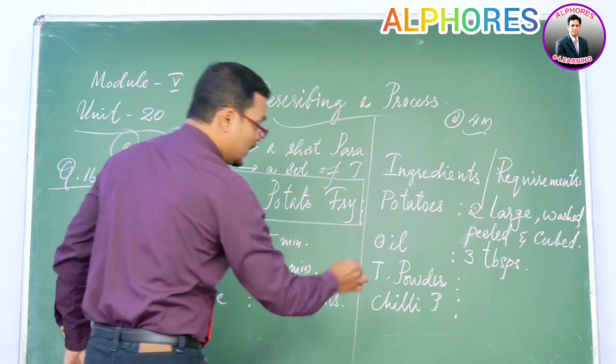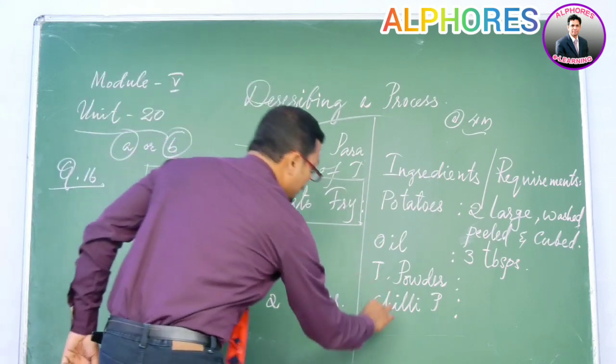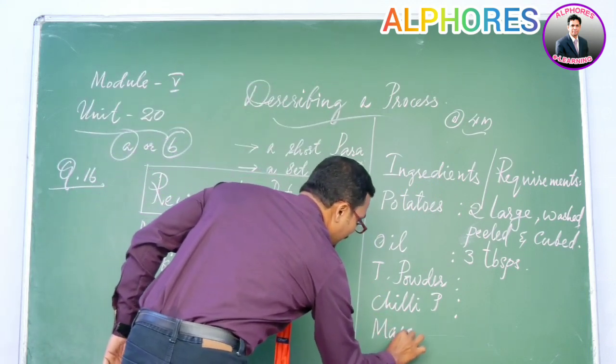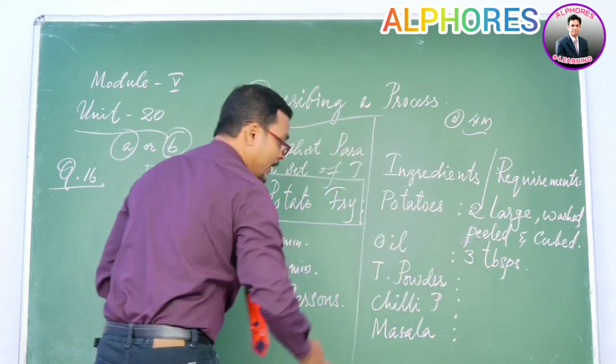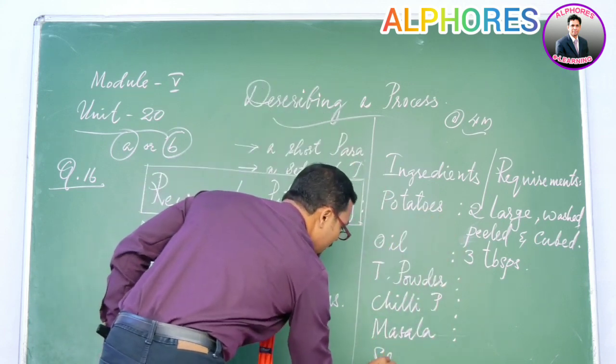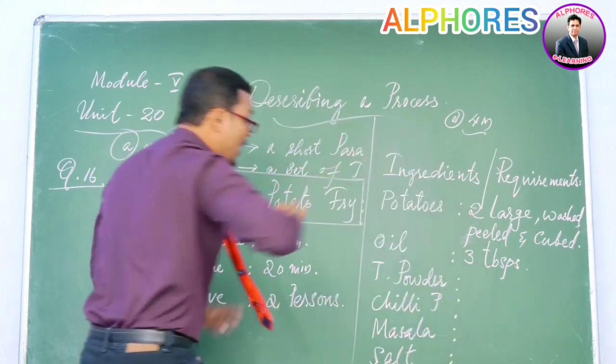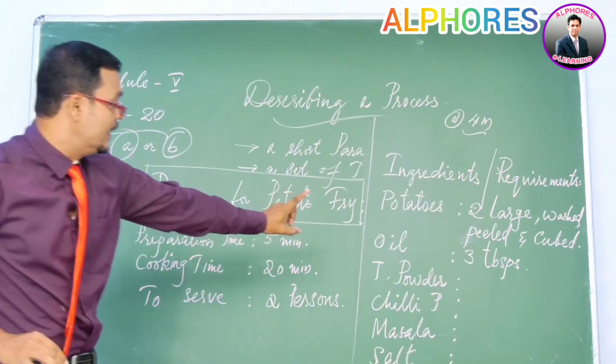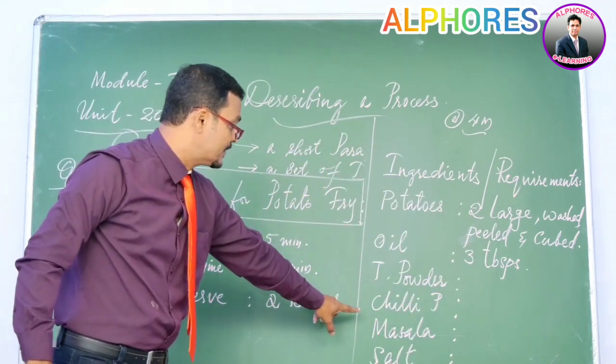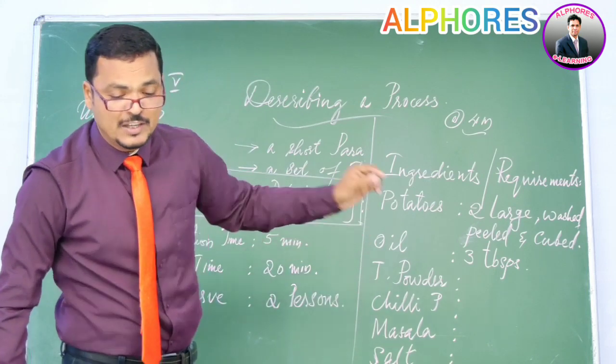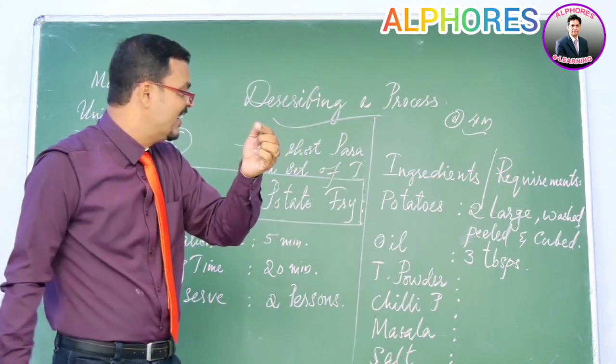Next one, garam masala. If you want, you can add masala. Next one, salt. Now, how to write the quantities, children? See, turmeric powder, chili powder, masala, salt. Turmeric powder, all these, you can either say half